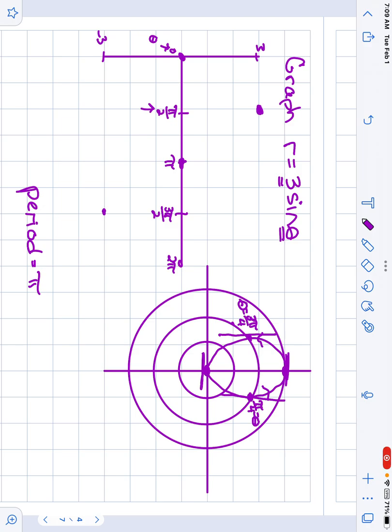Okay, that was kind of the beginning of the calculus of it all. Tomorrow and the next day, the next lesson, you're going to learn about how to find the area of these polar